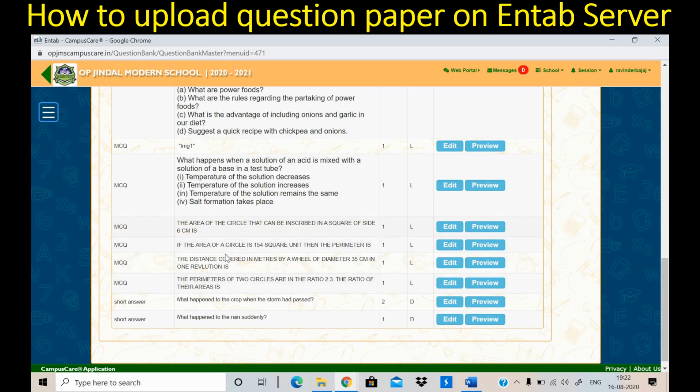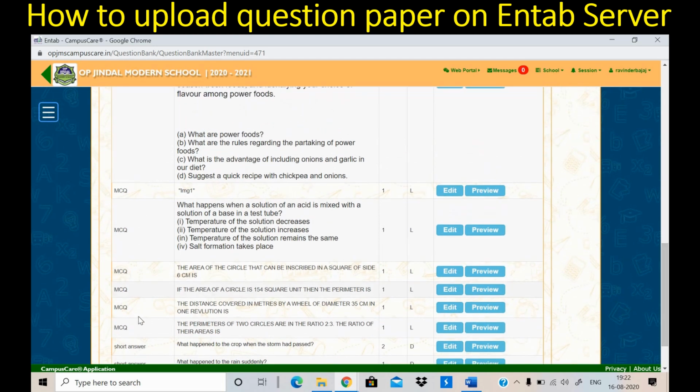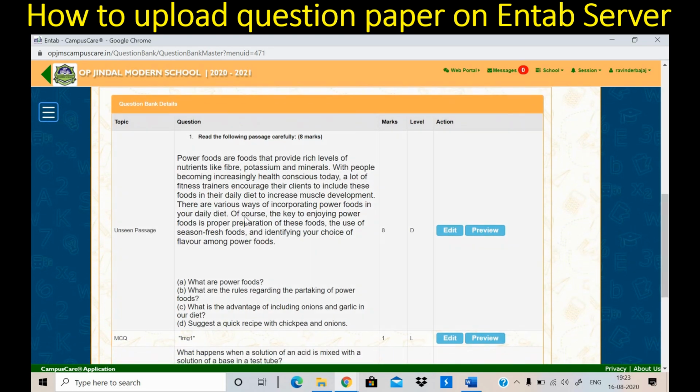These 4 MCQ questions. Now these are 2 short answer type questions. So here 2 short answer type questions. 1, 2, 3, 4, 5, 6 MCQ questions are there, in which 4 questions we have taken from Excel. 2 questions we have taken, one is with a detailed one and one is with the image, and the third one is again one descriptive question in which an unseen paragraph is there.